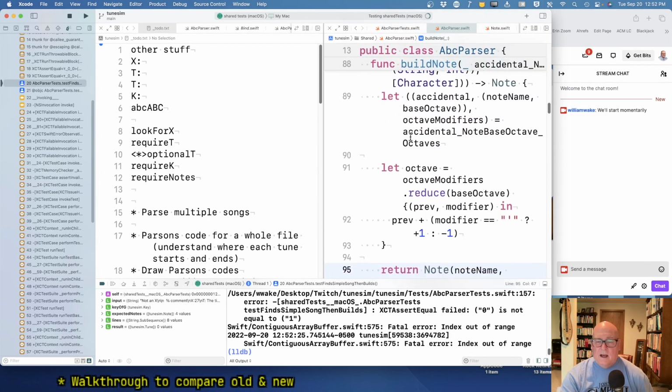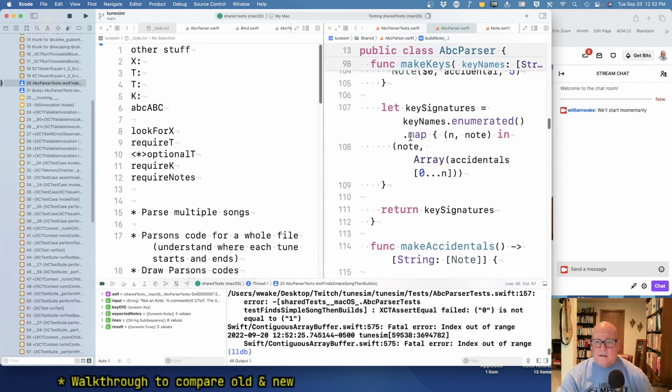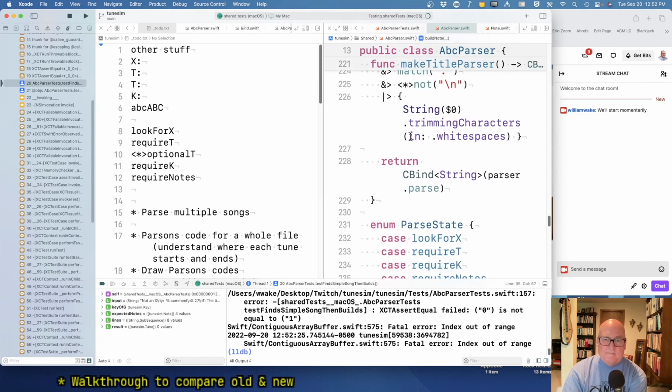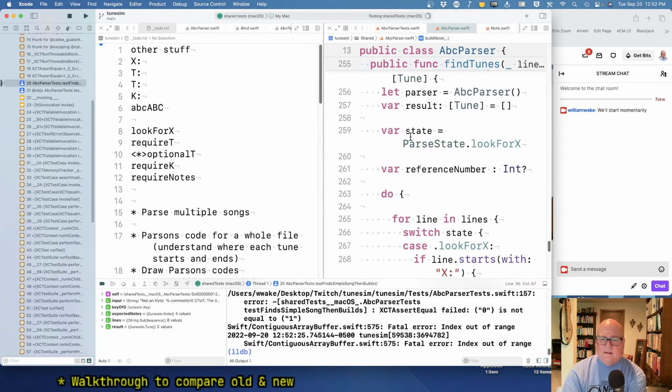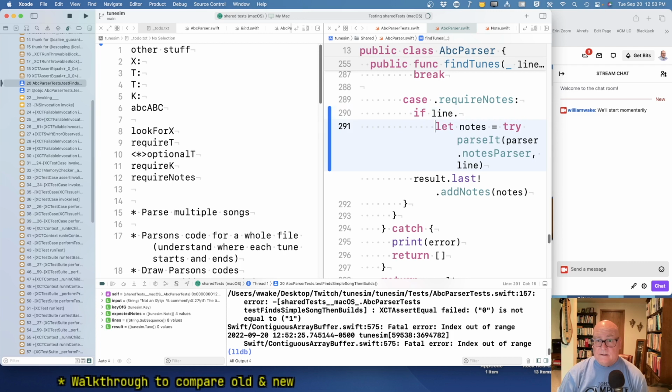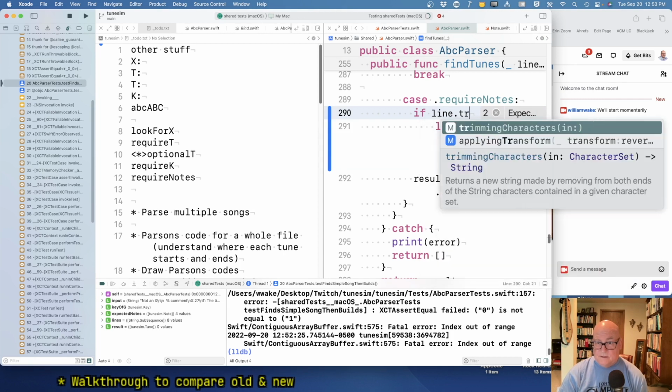Okay, so where's, get down to our file parser. Okay, fine tunes. So we're in here. We've got a line. It doesn't make sense to parse this if it's a blank line. Okay, so I think we need to check before we go anywhere. Okay, so if line dot, and I think we trim characters in